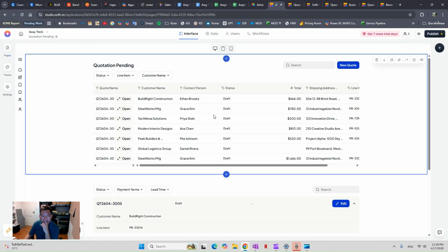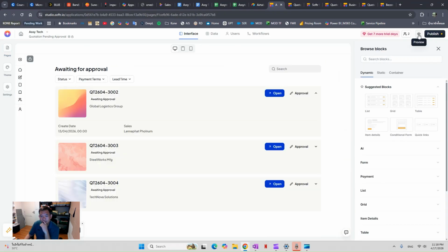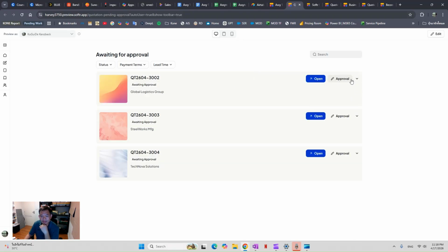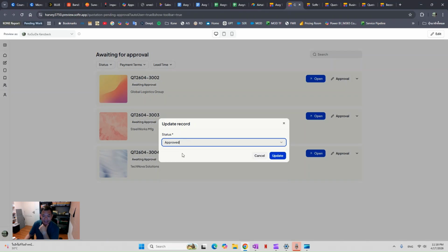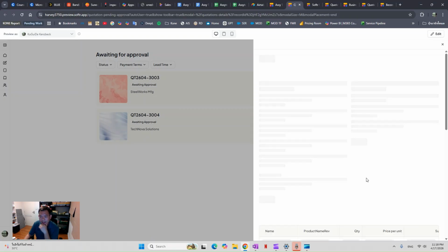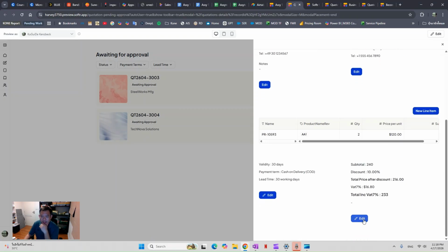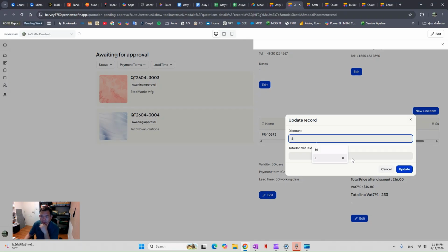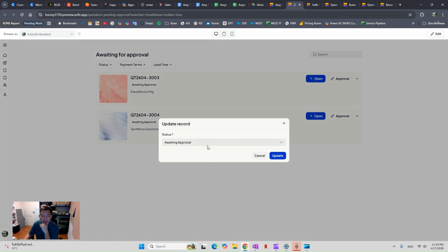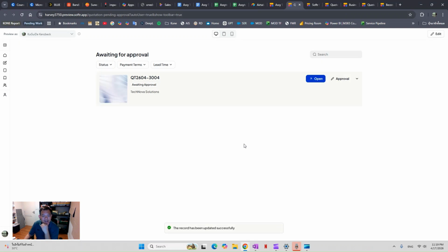I'll go to the pending approval and click refresh. It will show you the refreshing here in the page. And now if I'm selecting approval, I can select approve, and then that should be updated here. This is updated. The other ones are still pending. We can still open it up and see the promotion discount is not enough. It's too much. Maybe put it only 5. And update it there, and then yeah, approve it there.